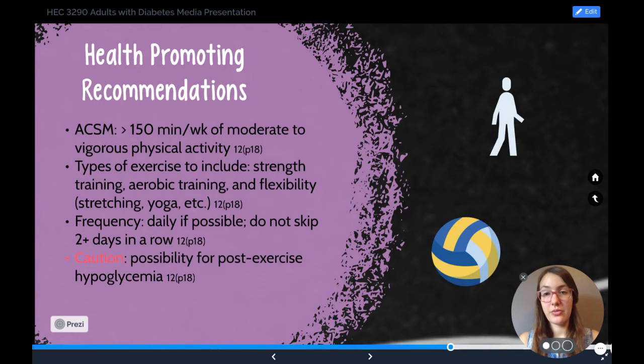And then specifically some recommendations that are health promoting for individuals with type 2 diabetes. The ACSM says for this population to get more than 150 minutes a week, which would break down to about 30 minutes a day for 5 days out of the week of moderate to vigorous physical activity. And they recommend including strength training, aerobic training, which would be cardio, and flexibility, so that could be through stretching, yoga, or other methods. And they also recommend to do this very often, daily if possible, and not skipping more than 2